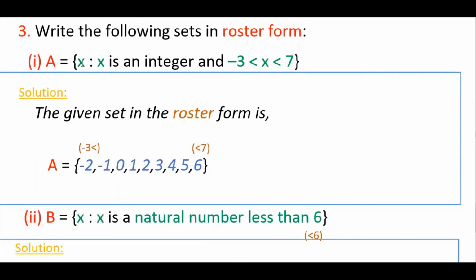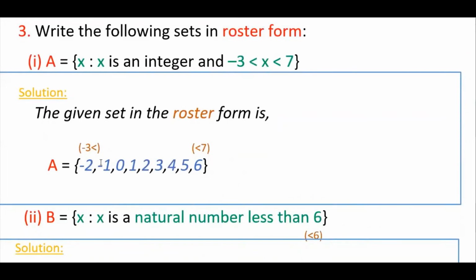So here it is given x such that x is an integer and -3 is less than x less than 7. So x is an integer, so that is between -3 and 7. So you have to write the integers between -3 and 7. The numbers are -2, -1,